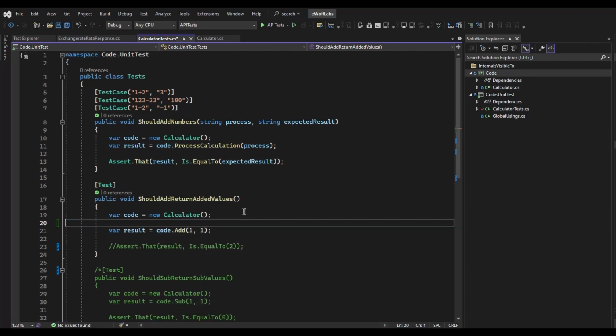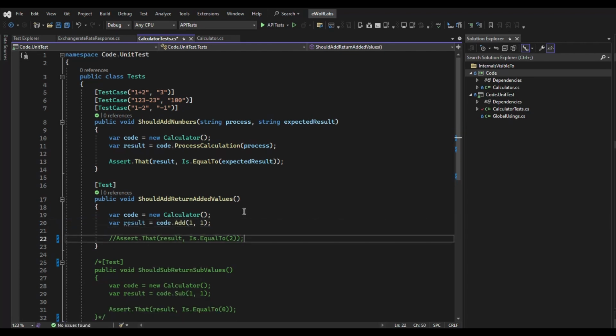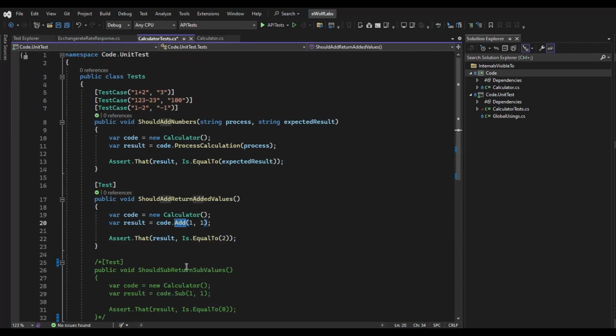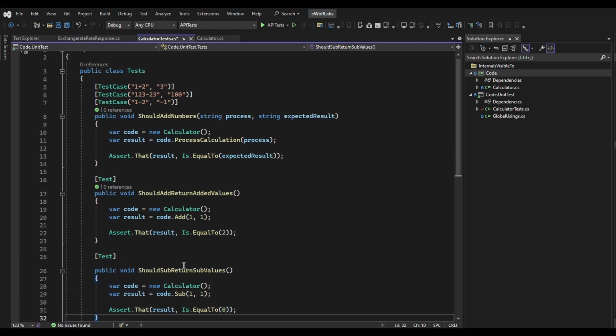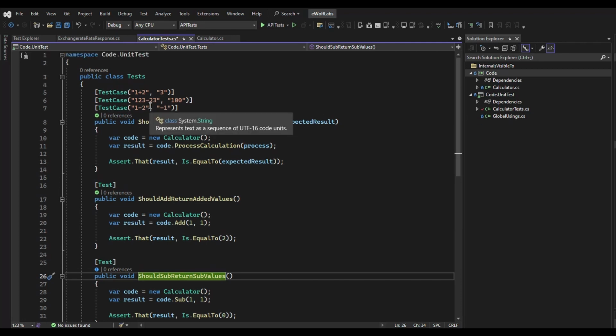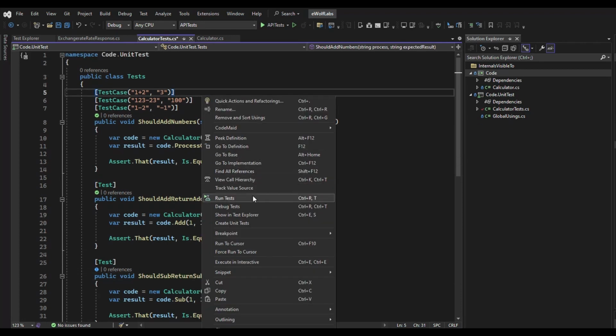So that now means we can do the unit testing for those methods. So this add, as you see, if I F12, is internal. And then just for completeness, let's do the sub method as well. You can see it's all accessible, and if I run the unit test here,